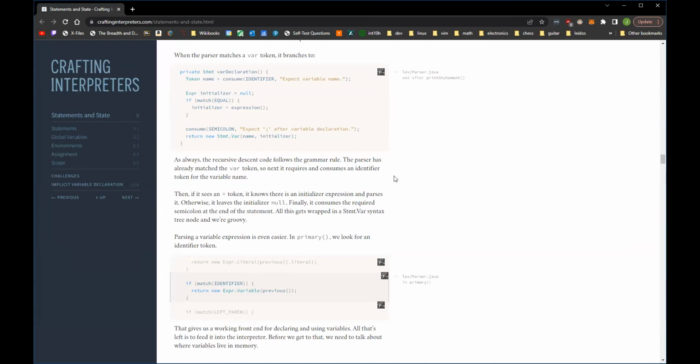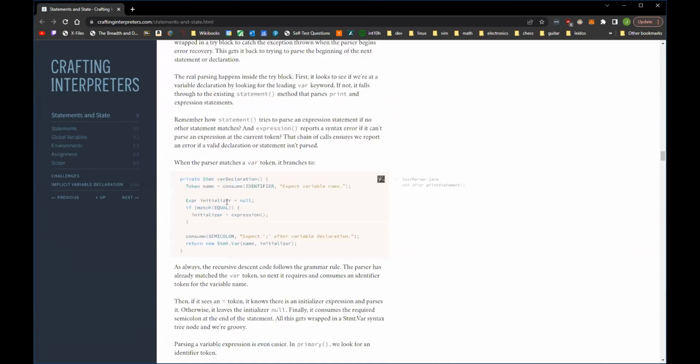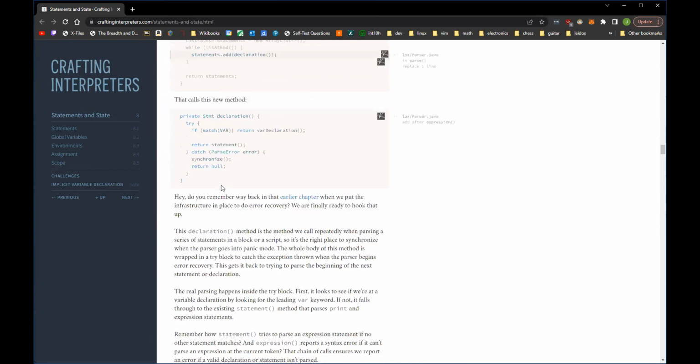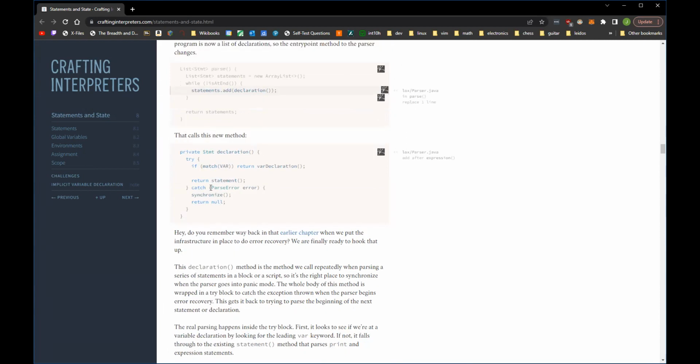I guess this is another little side tangent, but there's more of the parsing in the try catch block. I'm just wondering how other people are doing it. Are you using the try catch with the parse error, or doing an option type or something? I'm just returning the error.